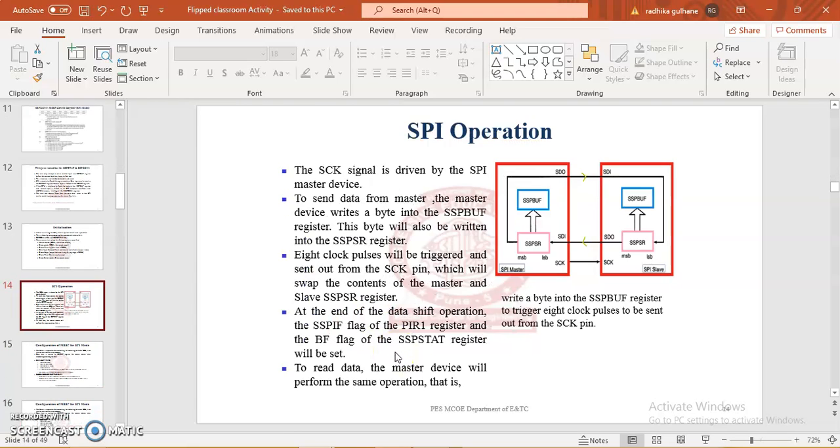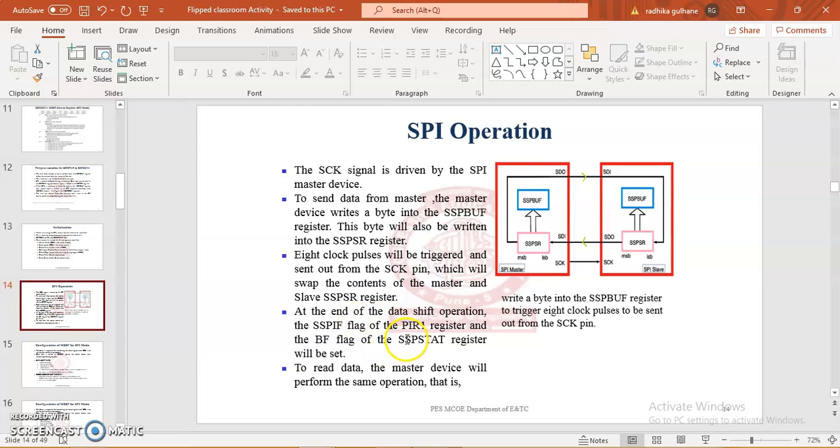Now we'll again discuss the SPI operation. Already we discussed this one. This is one master and slave. There are 4 important pins required. To send data, the master device writes a byte into the SSPBUF register, and this byte will also be written into the SSPSR register. 8 clock pulses are required, which swap the contents of the master and slave SSPSR registers.